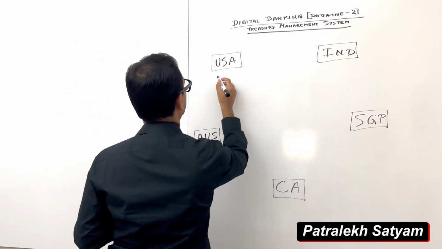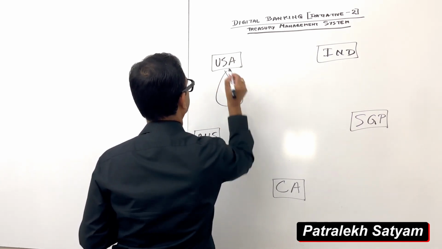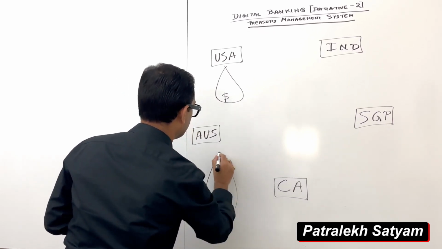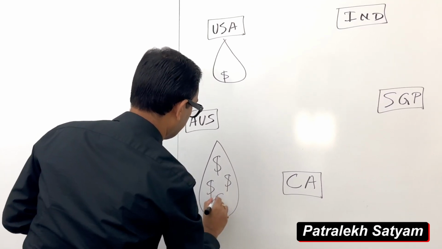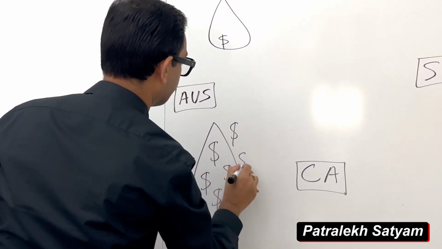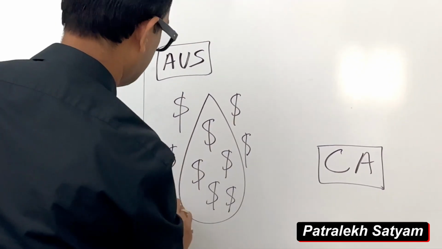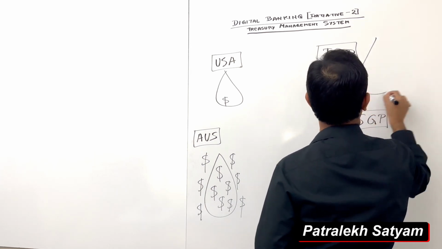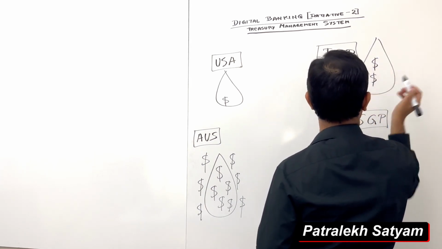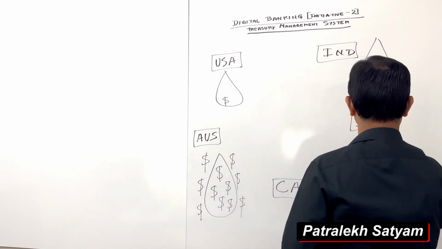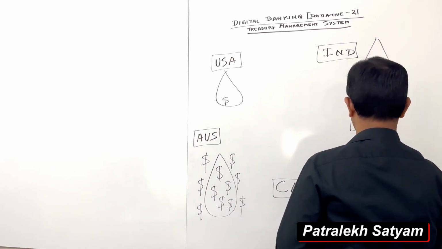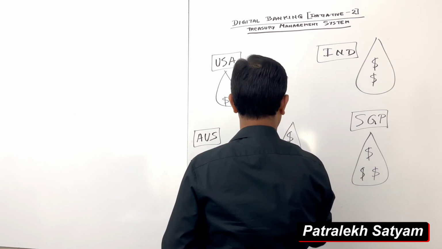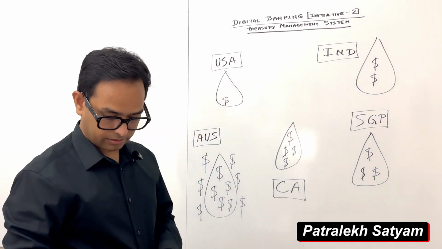So what is happening is, say for example, in US, they don't have cash. But when it comes to Australia, they have enough cash and it's all overflowing, right? So they have so much cash. In, say, India, they have some money, but again not enough to cover their expenses and whatever needs they have. In Singapore, they're doing good. In, say, Canada, they're doing good. They have enough money. But if you look at India,